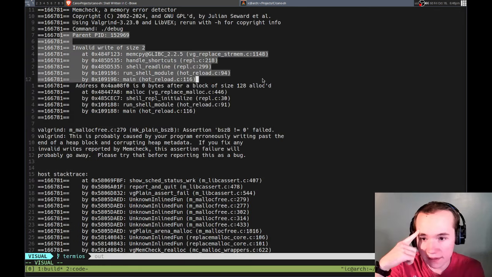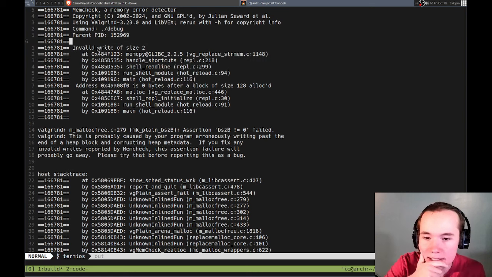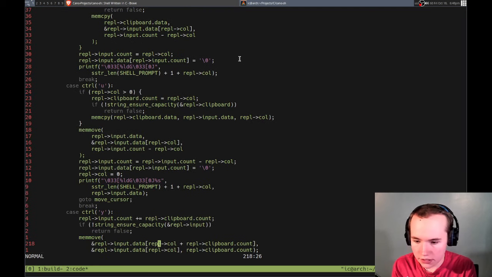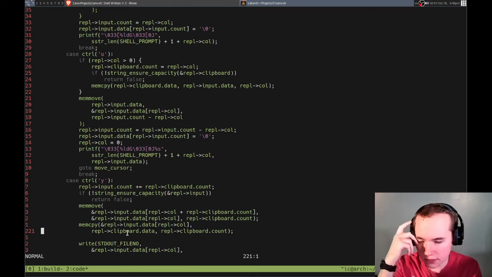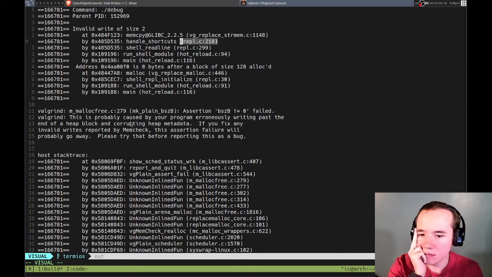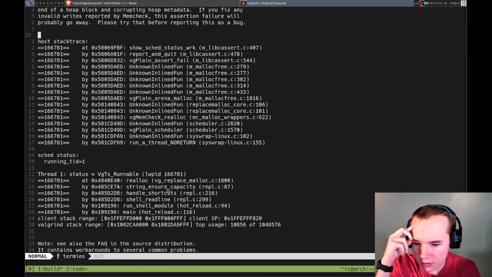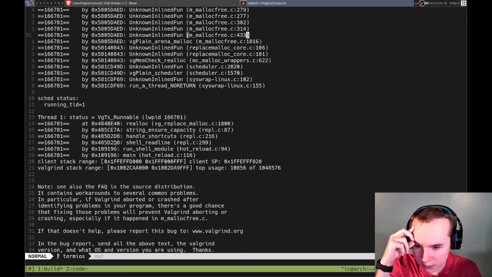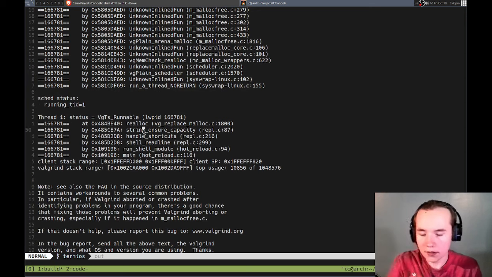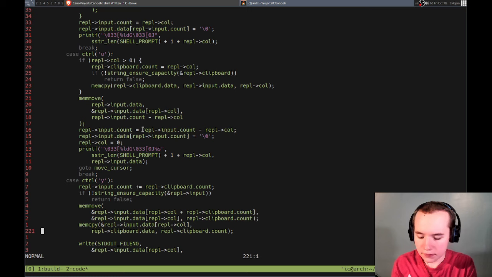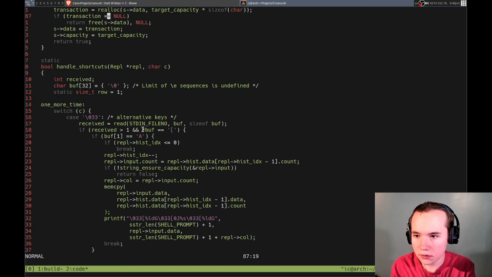And let's take a look here. So we have invalid write. So that's actually probably where the issue is at, right? So it's in here, handle shortcuts, 218. Right, so here's where it's wrong. Is it trying to reallocate in the memory? Well, it doesn't like that, right? So, and then this is probably caused by your program running past. Interesting. So then reallocate also fails, and that's where it crashes, right? 87, and that's for the reallocate, right? If transaction equals null. Why would it crash on